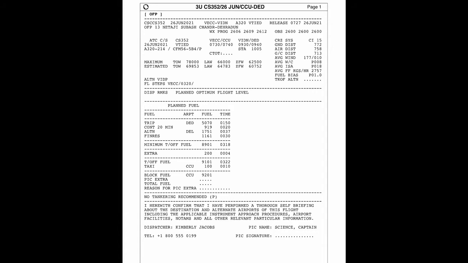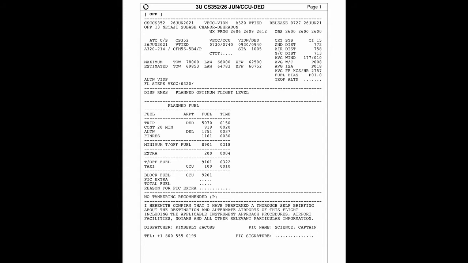I thought this flight plan looks like the original ones, but it is not similar, and this is only for simulator purposes, not for real-world flights. I thought you should know how pilots read flight plans and get useful information from them so that they can perform a very safe flight. So without any further delay, let's dive into this flight plan.